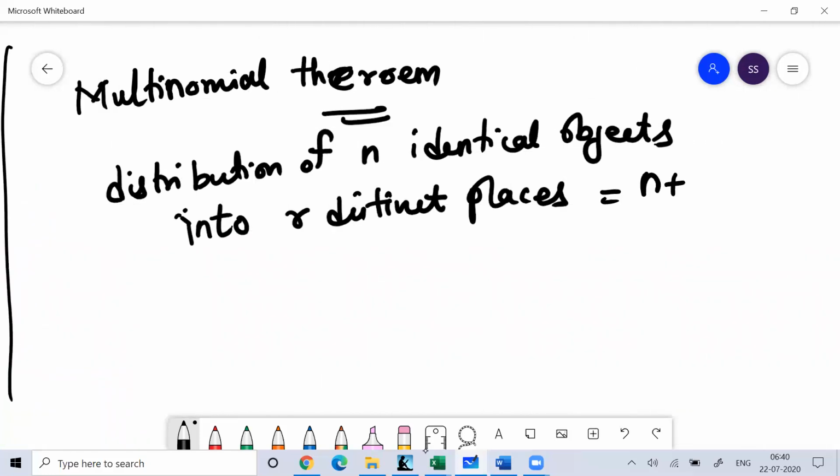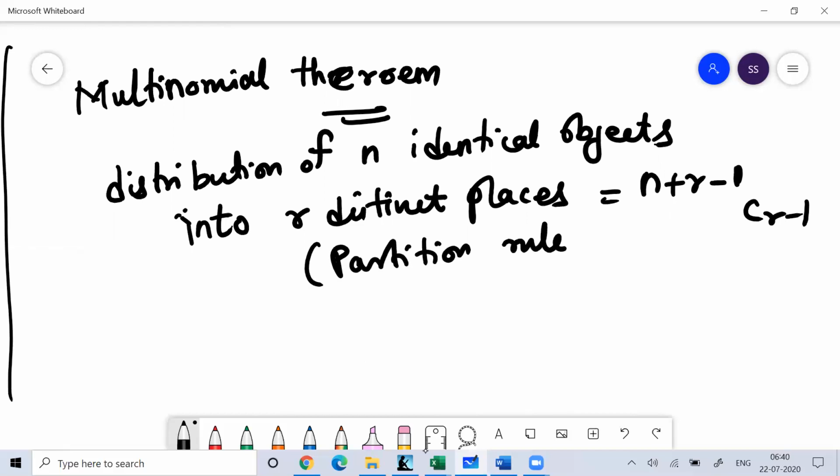That formula I told you is n plus r minus 1 C r minus 1. This is called the partition rule also. This partition rule cannot be used to solve the problem on dice and all, because you need to understand